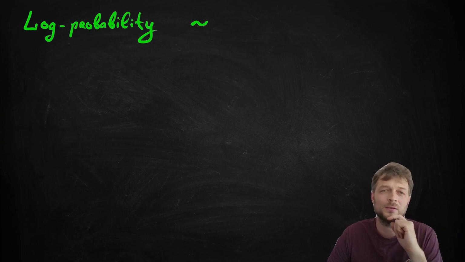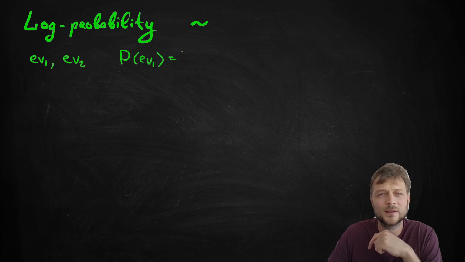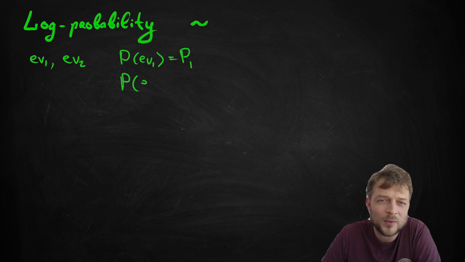So in particular, if we have two events, event 1 and event 2, and we have a probability of happening for event 1, let's denote it as P1, and we have a probability for another event as P2,